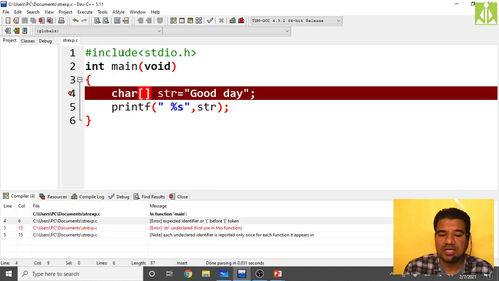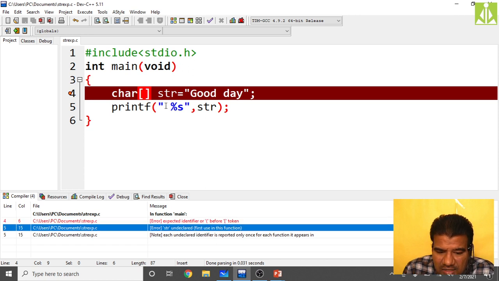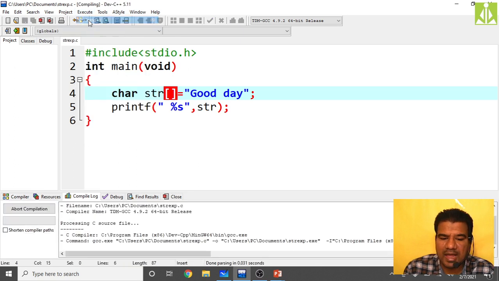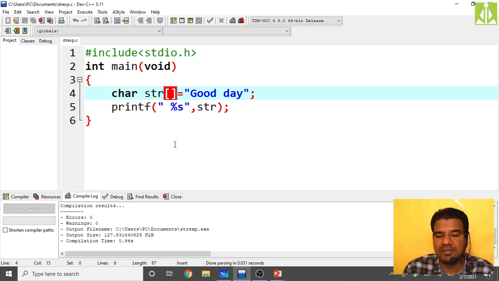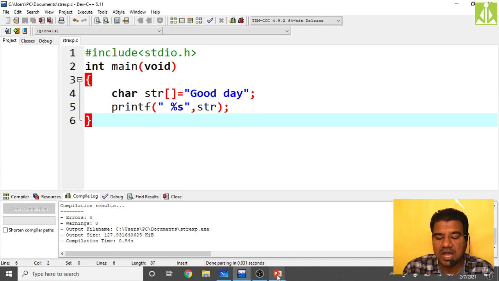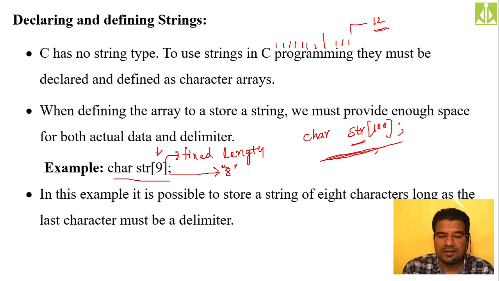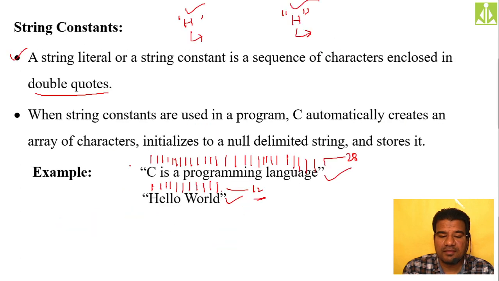Just compile it. Yeah, it is giving an error over here. It is saying unexpected token, expected identifier. Okay, here you put this one, because many compilers will act differently. Yeah, now it is absolutely fine, no issues. When you are practicing, keep it where I have given it like that.